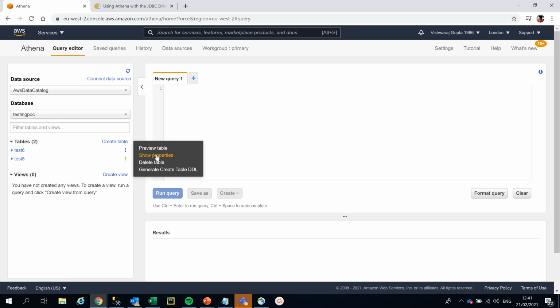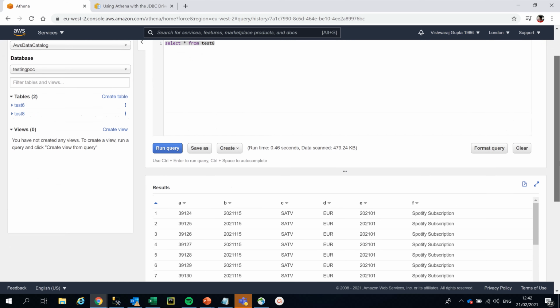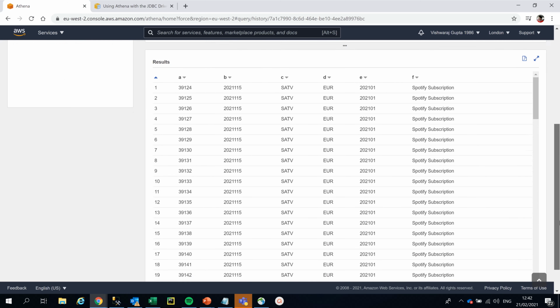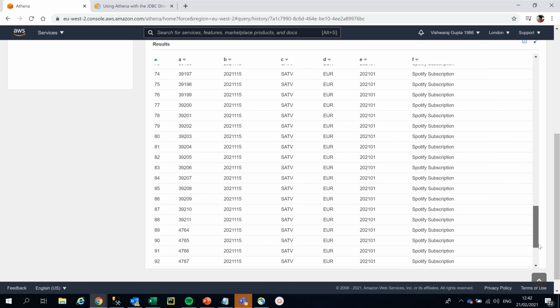And once it is here, you can simply preview the table, show properties, or delete your table, but I would suggest you should select the whole data so that it is stored in the output storage. So just simply run this query, and as you will see, the data which was there will reflect here.